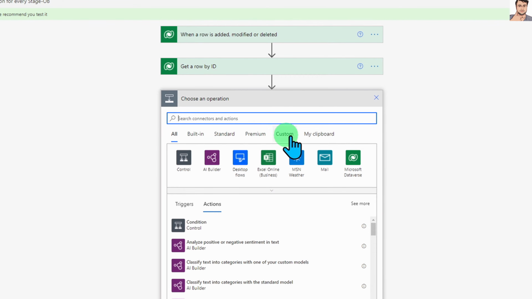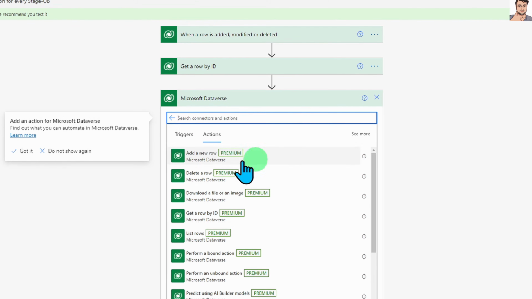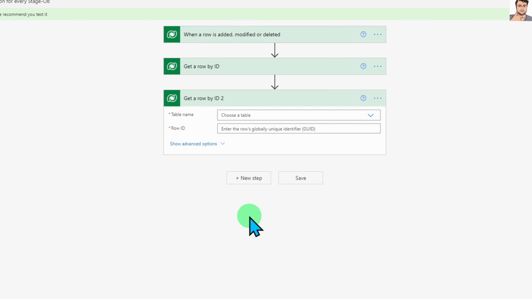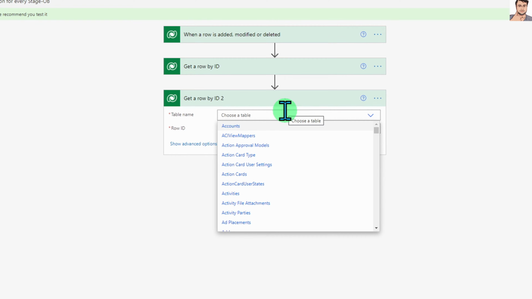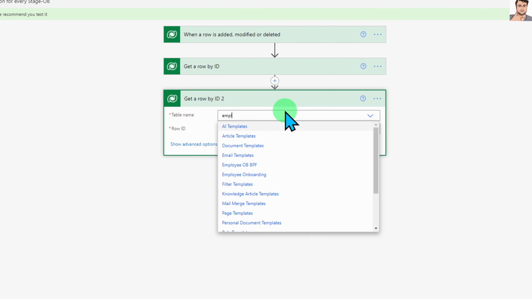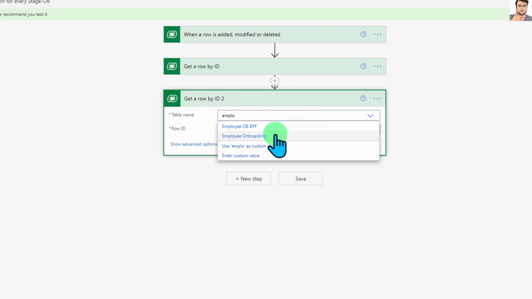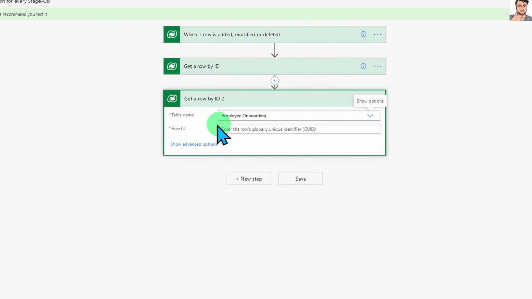Now as a next step, we need to add one more Dataverse action, and we need to add Get row by ID again, and we need to find our employee onboarding table's row. So for that you just simply need to choose your employee onboarding table, because obviously while you are sending the email notification you need some of the values from your table, so you need to pass that.